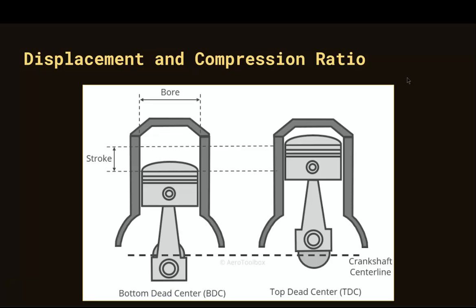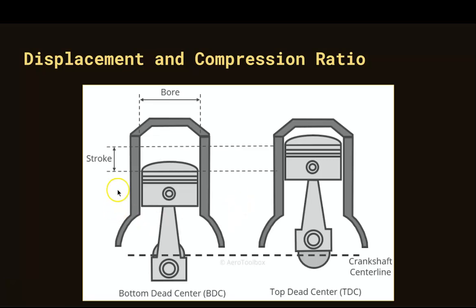Those first two measurements are the bore and the stroke of the engine. The bore refers to the overall diameter of the cylinder. So when you look at a cylinder from the top, what you see is a circle, just a regular circle. And if you measure the widest point of that circle, what you get is the diameter. And in the context of our engine talk, that is what we refer to as the bore, the overall bore